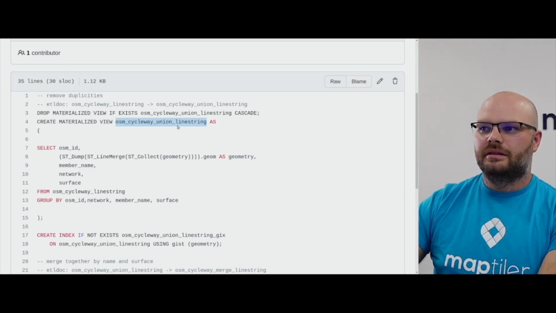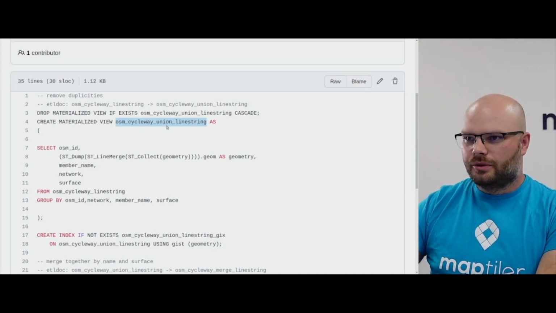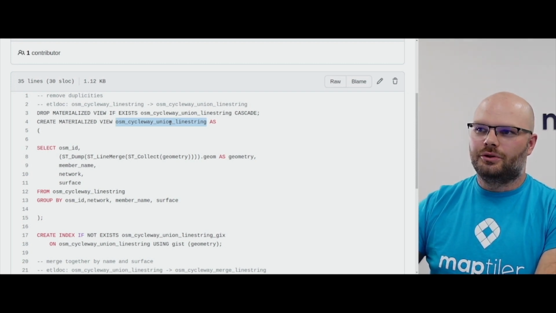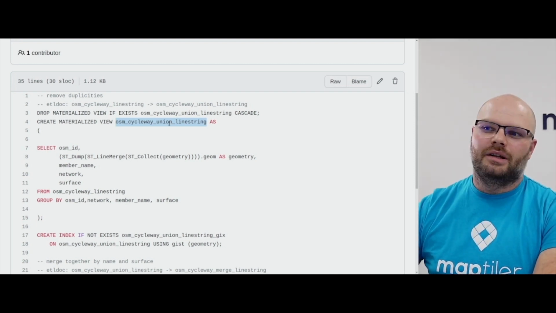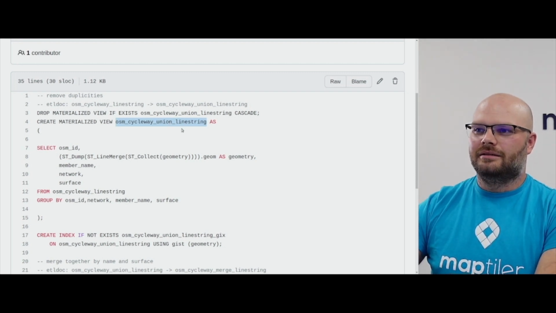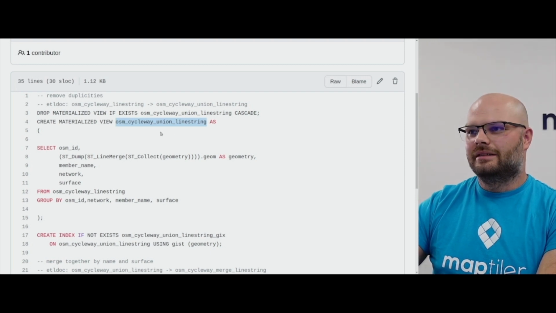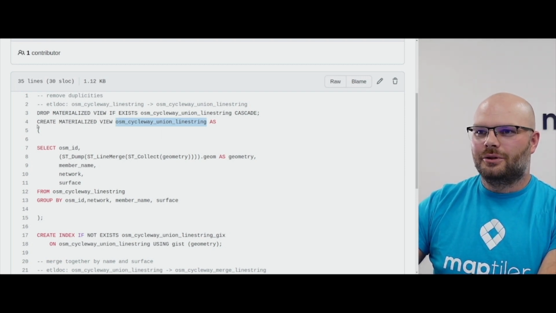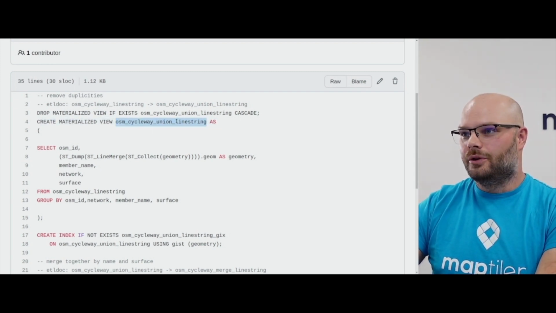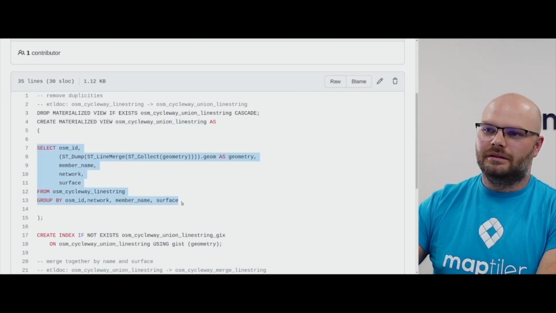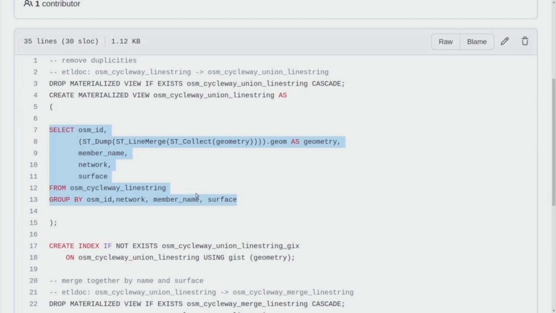So I will keep it as it is, but you can choose whatever name you want, but you need to do very strict renaming of the others, which we do not do in this workshop. So we will create the materialized view OSM cycleway union line strings, and now we have a select which creates